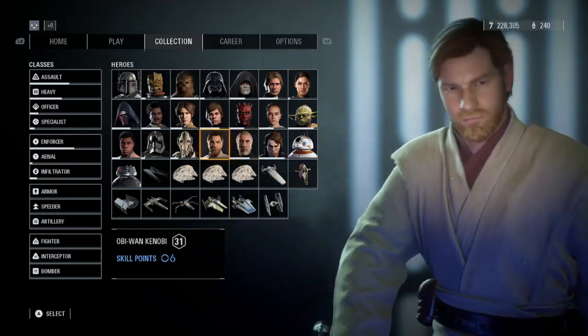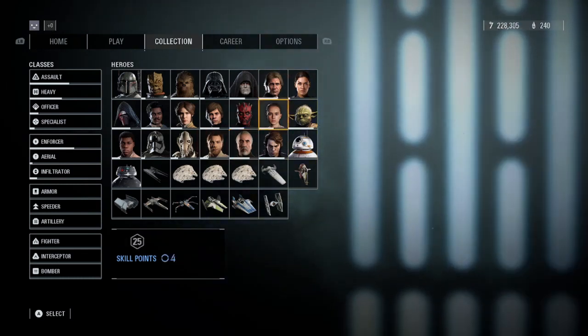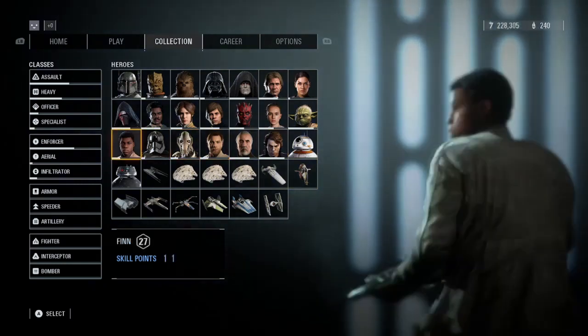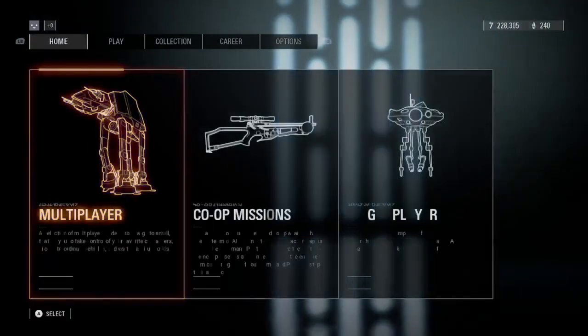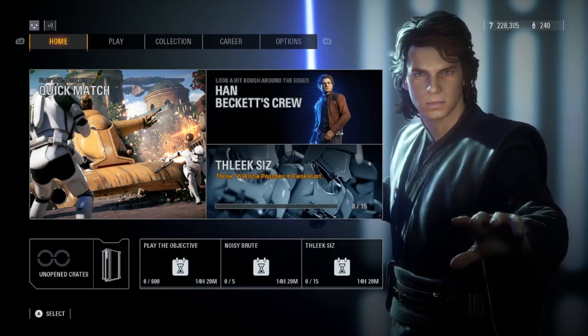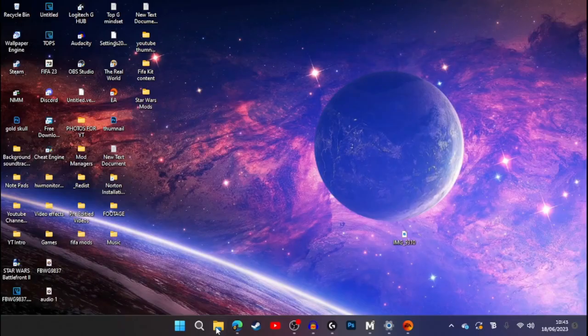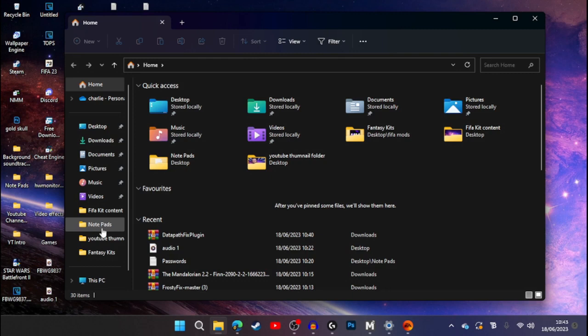Okay, so this is what probably a lot of people are experiencing. We've downloaded the mod, I tried to replace Finn, there's Finn, clearly it hasn't worked. So I'm going to show you guys how to get it to actually show up. Alright guys, so the next thing you want to do if this does not work for you,